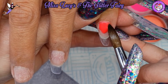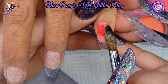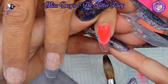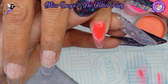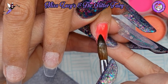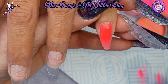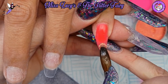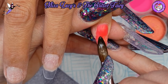I'm just going to create a nice thin base with this colour. They're so pigmented you pretty much just paint them on. Then when I've got that base, I'm then going to come in with a bit of this superfine glitter, which is